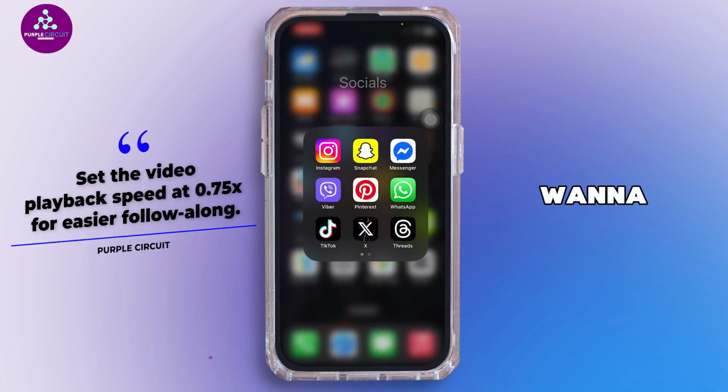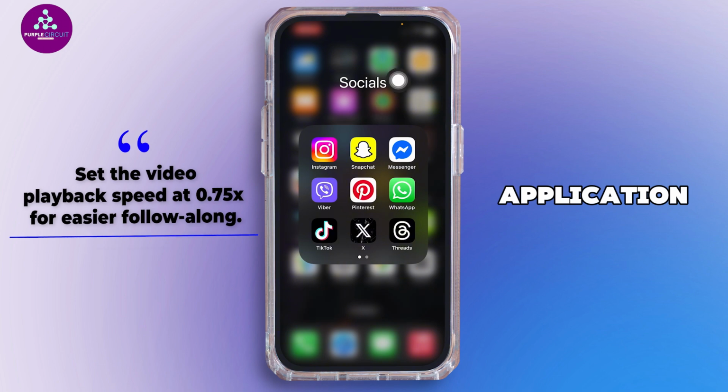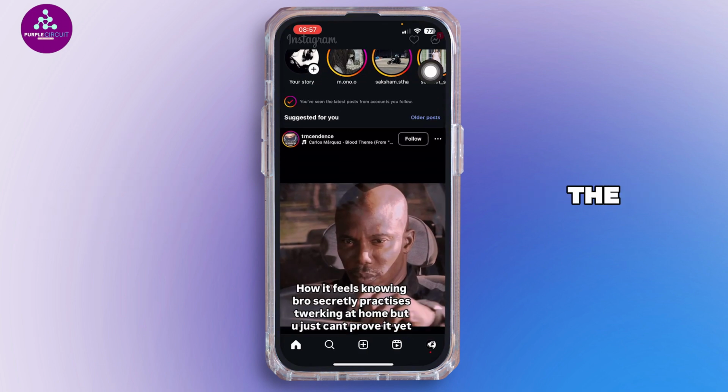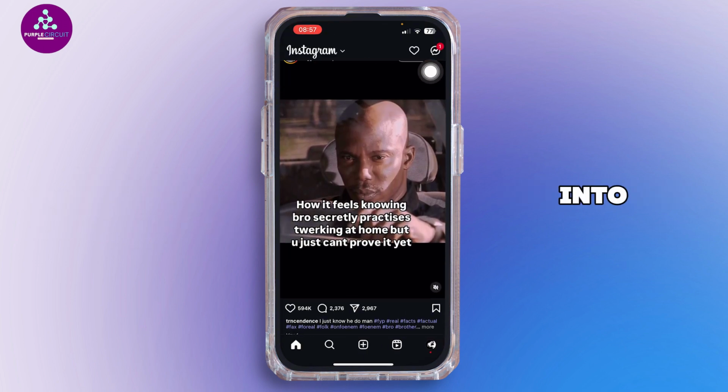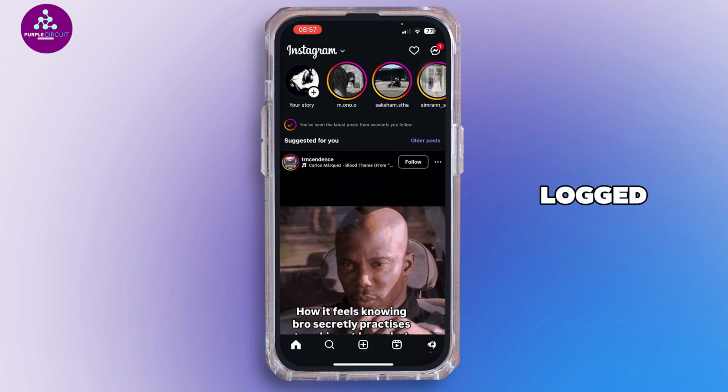For that, first of all, you want to go ahead and simply open the Instagram application on your mobile device. Once you open the application, all you have to do is simply log in to your Instagram account. So once you're logged into your account, in order to comment on any story, you want to go ahead and